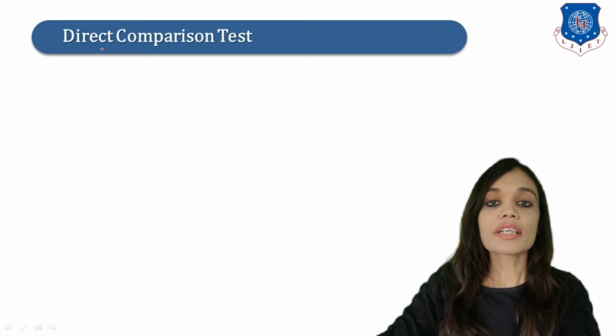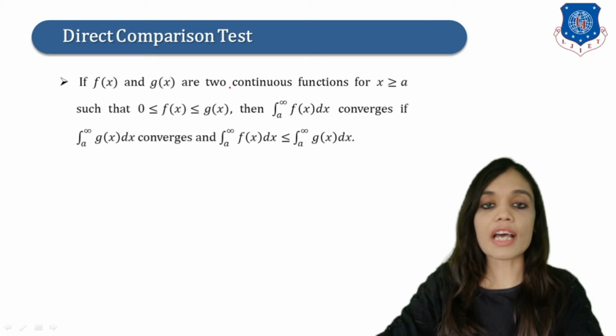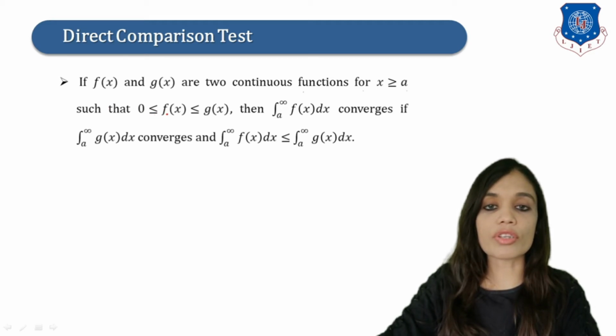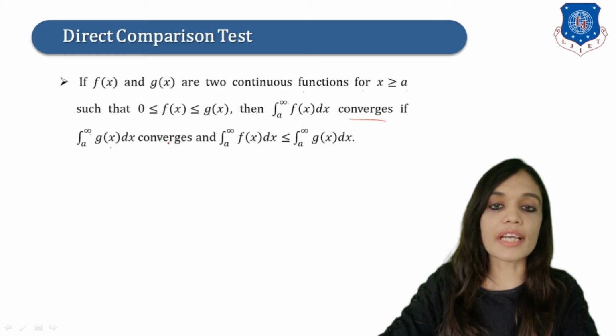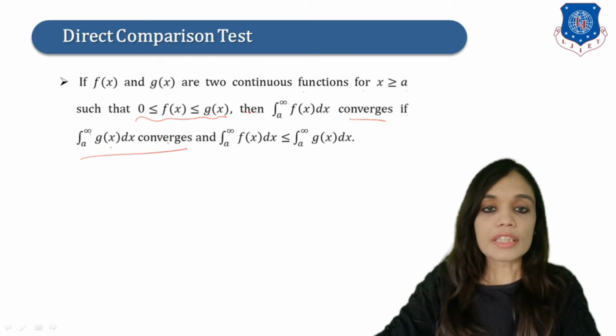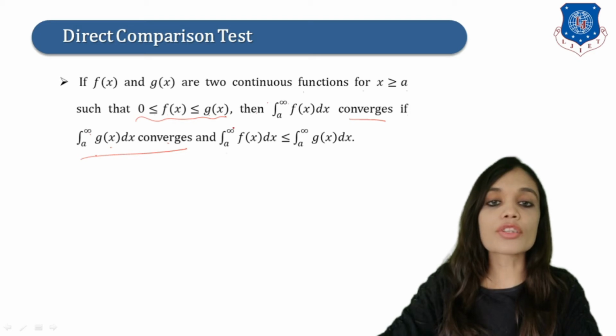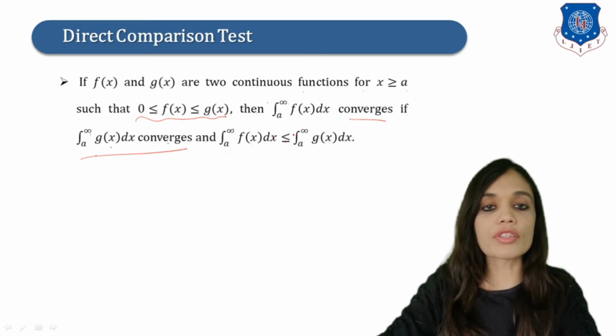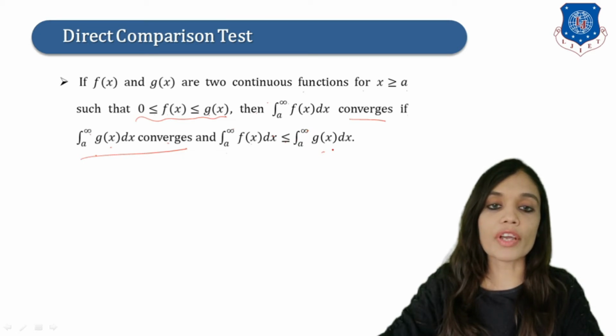Okay. Now let us study direct comparison test. We are studying this test to check the convergence of improper integrals, right? If f of x and g of x are two continuous functions for x greater than equal to a, such that 0 less or equals to f of x less or equals to g of x, then integration a to infinity f of x dx converges if integration a to infinity g of x dx converges, right? If we have this condition, then if g of x converges, then f of x also converges, and integration a to infinity f of x dx will be less or equals to integration a to infinity g of x dx,